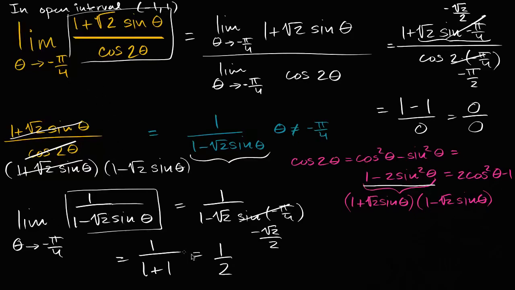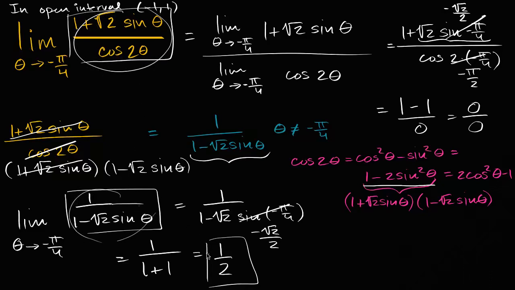So if this limit is 1/2, then this limit is going to be 1/2. And I've said this in previous videos, it might be very tempting to just algebraically simplify this in some way to get this, not worry too much about these constraints, and then just substitute negative pi over 4, and you will get the correct answer. But it's really important to recognize that this expression and this expression are not the same thing,